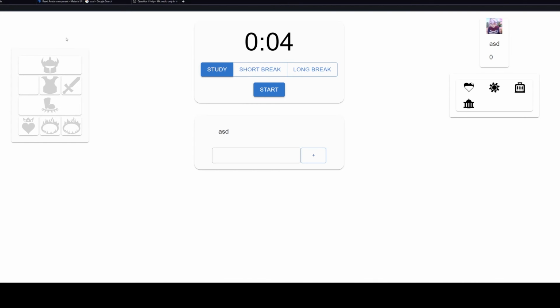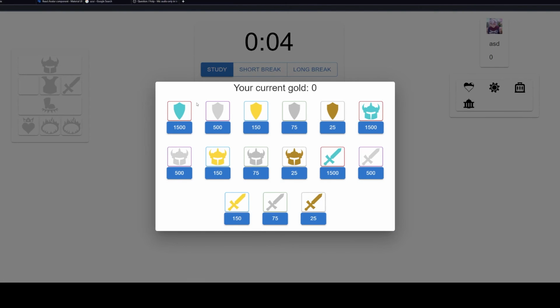Something new we added was this left equipment panel. This left equipment panel lets you show what your character has equipped and where. In addition, we overhauled the item shop so that now it shows the material and rarity of the items. You can hover and see the name, and in the future you'll be able to see the item stats.